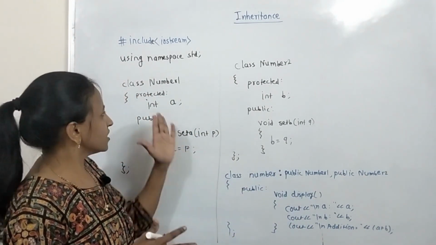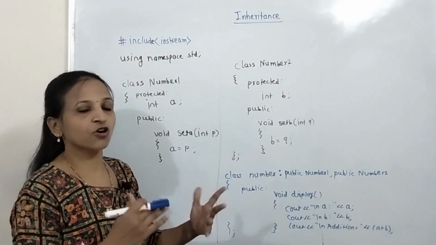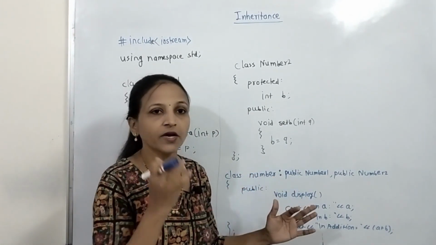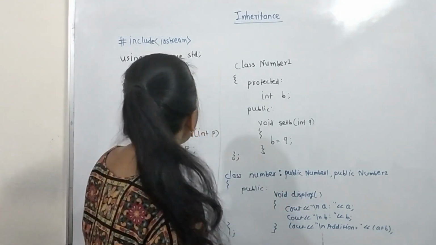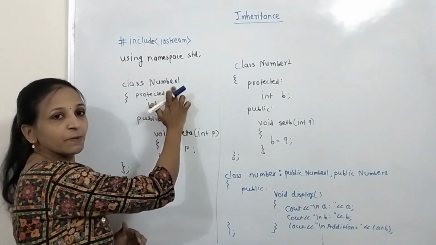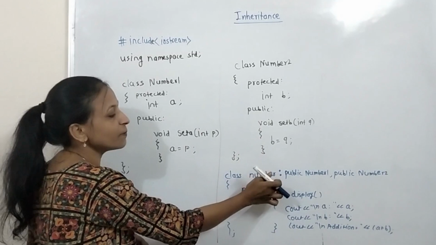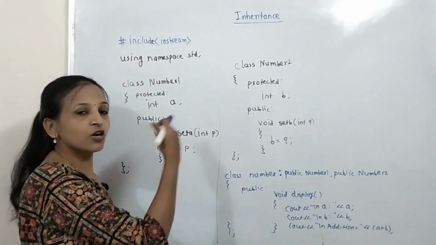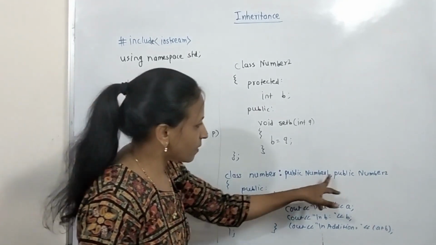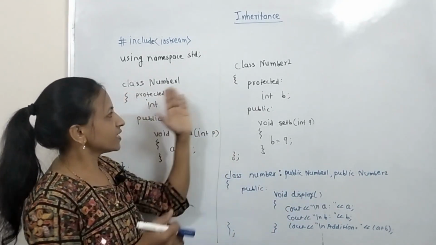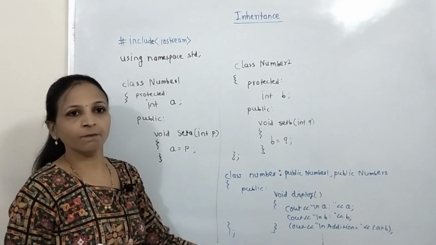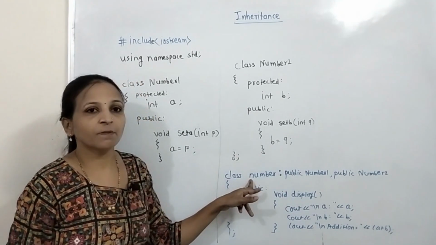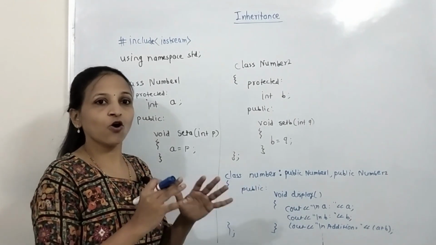And the private section: these two classes do not have any private section, so this class also will not have a private section. No members are private. But suppose there is a private member in a base class, then that will not be in this class. Always keep in mind: private members are not inheritable. If the visibility mode is public, then protected stays protected and public stays public. Getting it? That's it. Now we can create an object of this Number class and then call all the methods one by one.